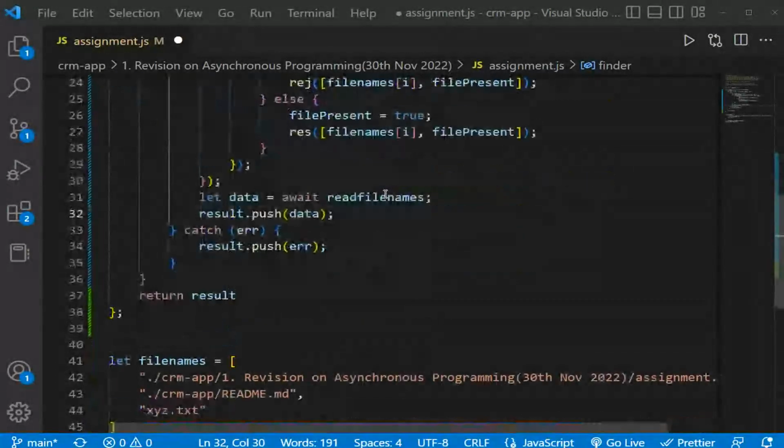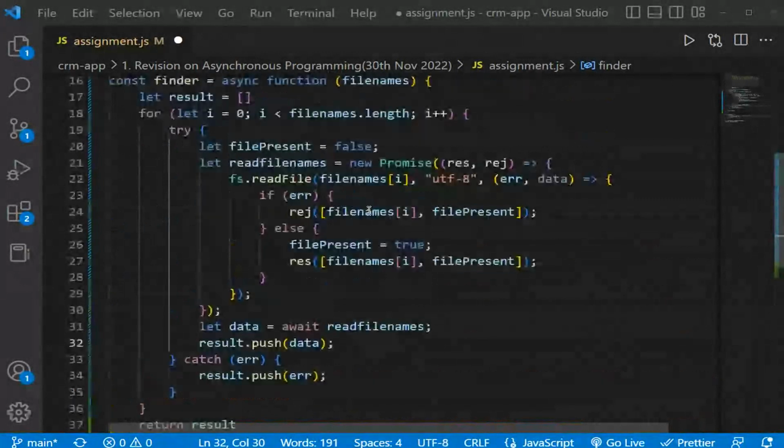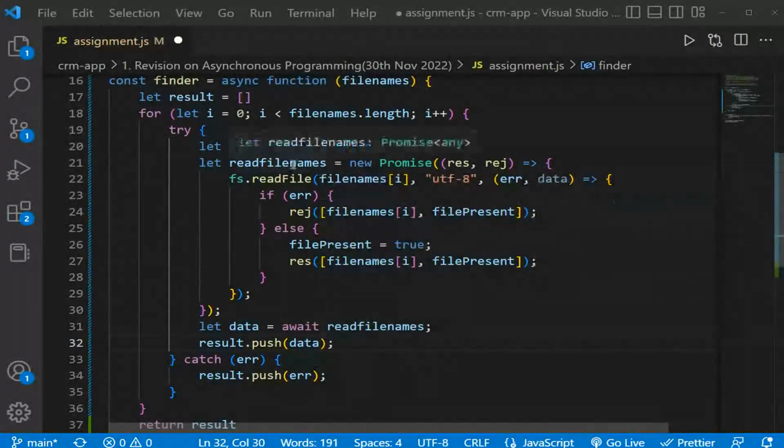File name where read file names. Read file names should come in place of file names. No, that is okay.